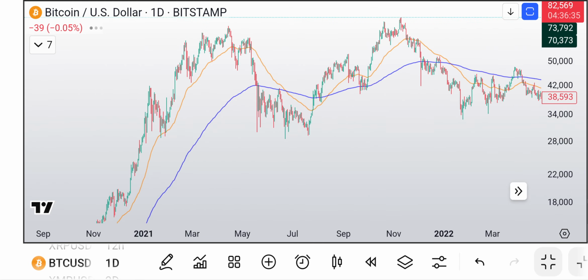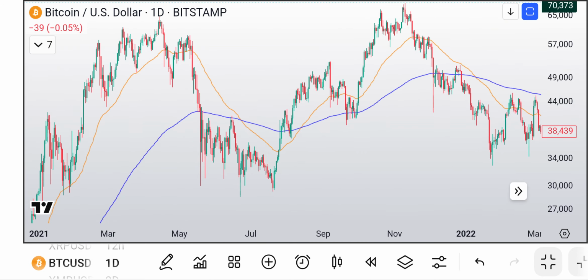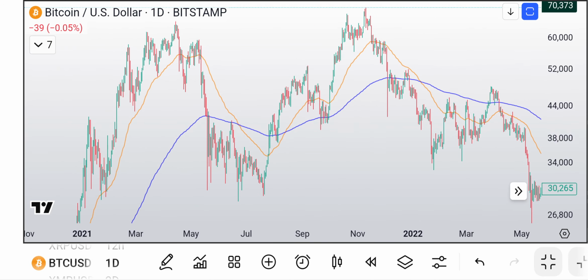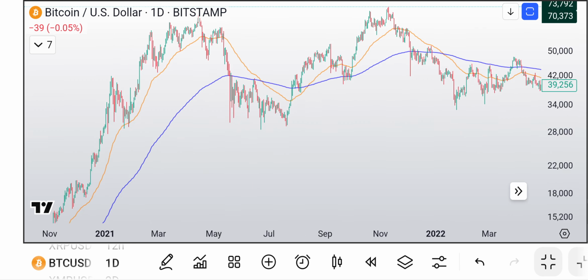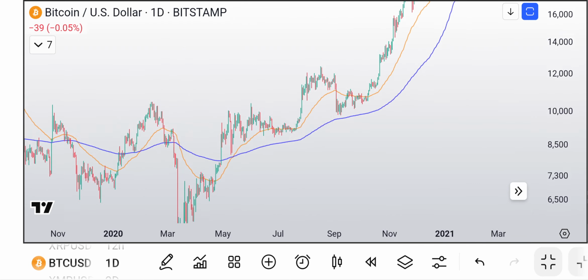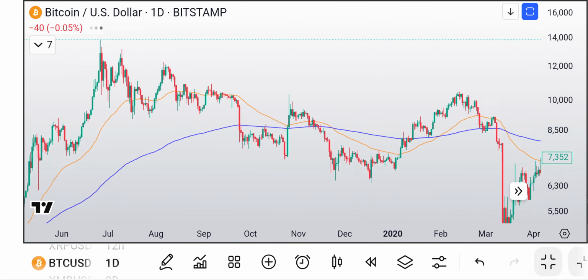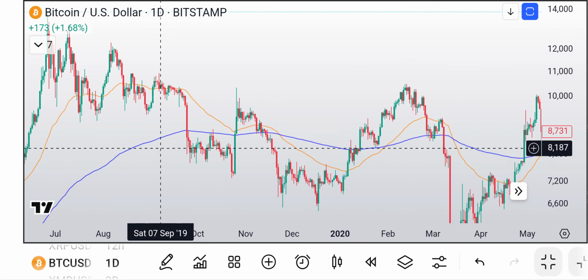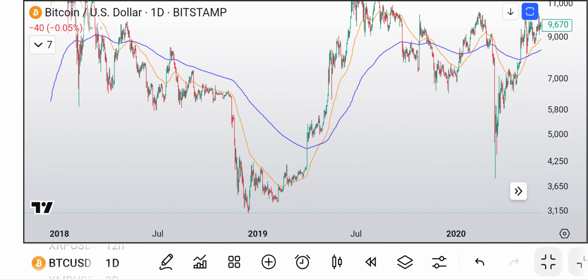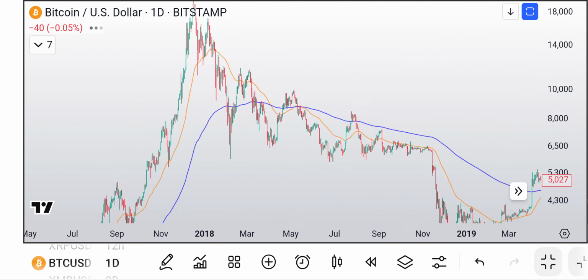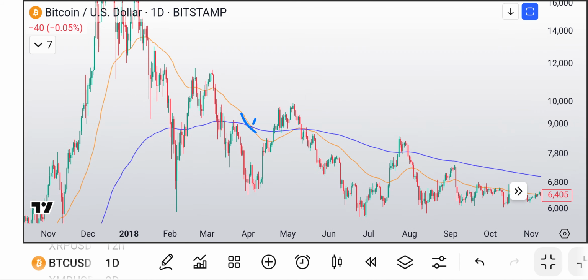Right? So let's see, is there another death cross? Yeah, look over here. There was a death cross that happened right here. The 50 went below the 200. We kind of played around a little bit, but then eventually we shot up to the upside. So the death cross is actually bullish in some regard. Here's another death cross right here, and you can see as soon as it happened, we had a rally.